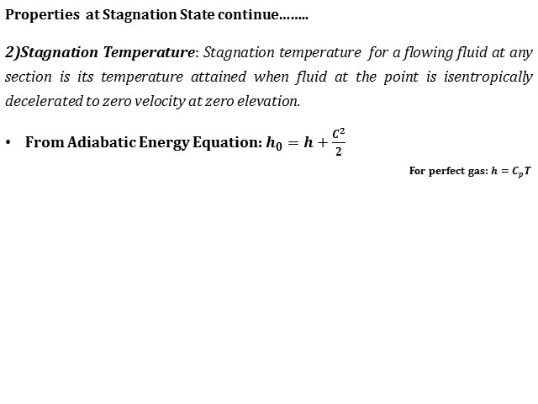We know that for a perfect gas, enthalpy is equal to the product of specific heat at constant pressure and the absolute temperature. Substituting this, we obtain the second equation, and rearranging this equation, we can obtain an equation for